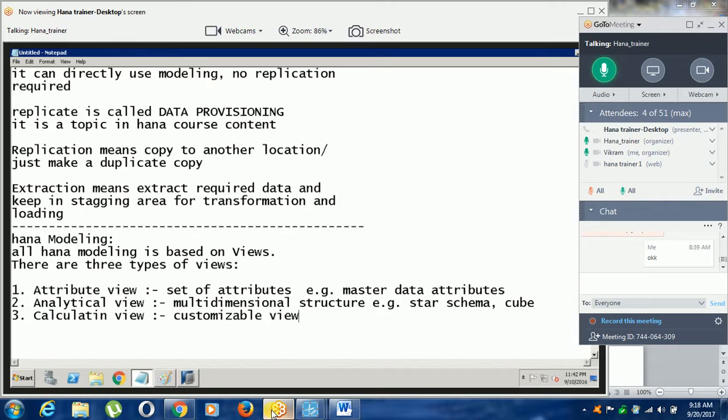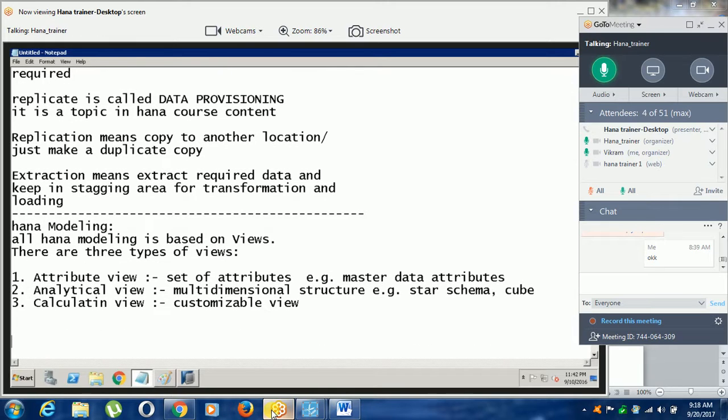Customizable views mean union of views, join, union. It means InfoSet and MultiProvider. Yes, all things, union, join, and like that. You can do everything in the calculation view.